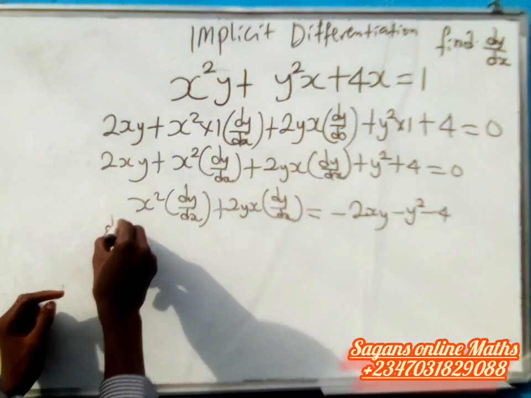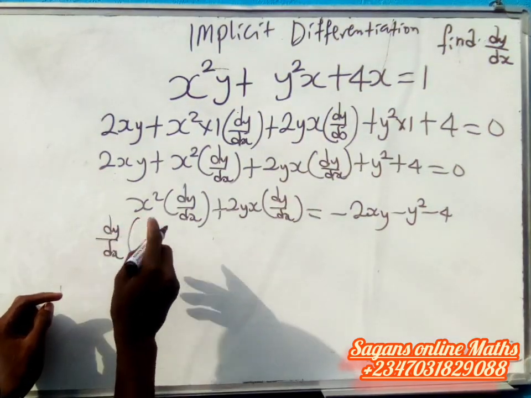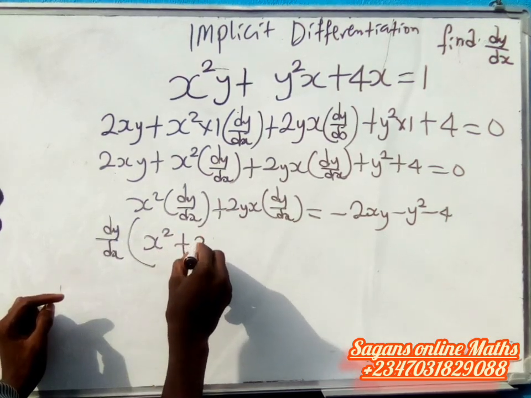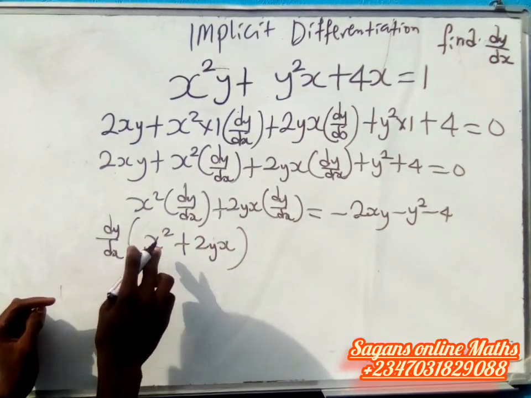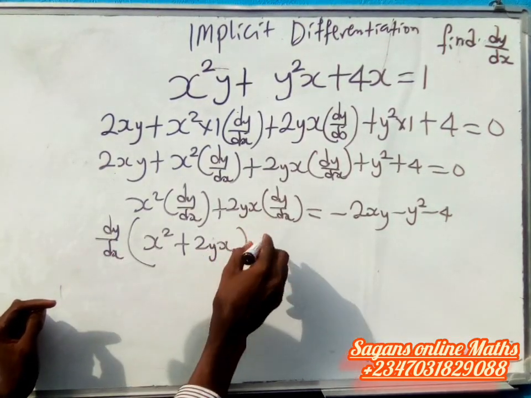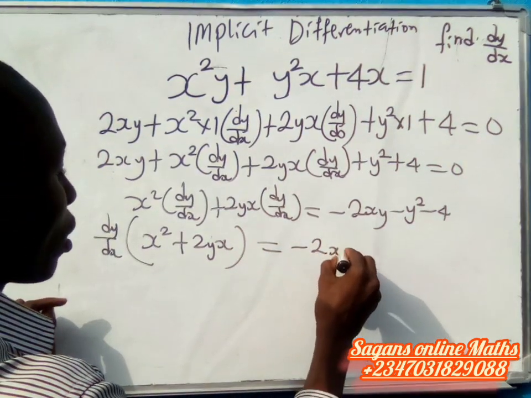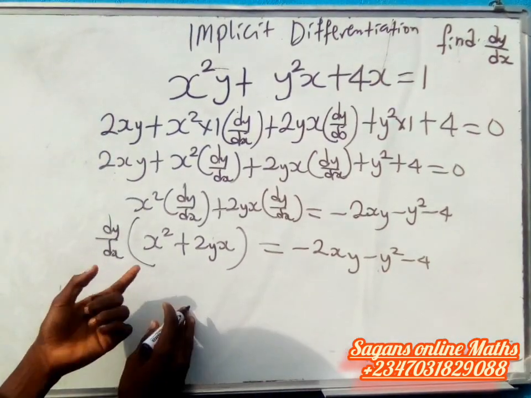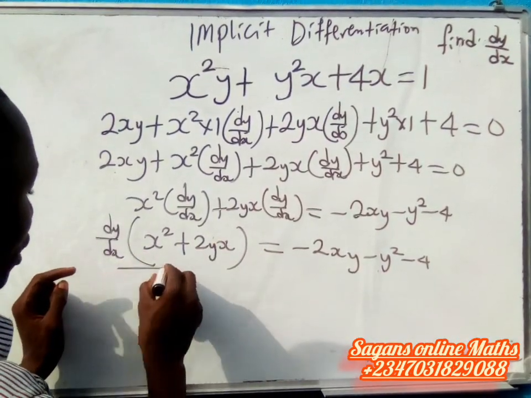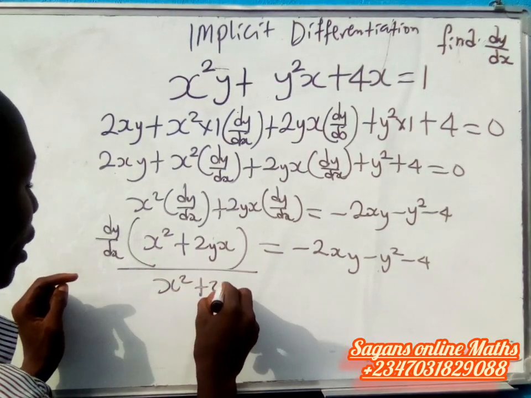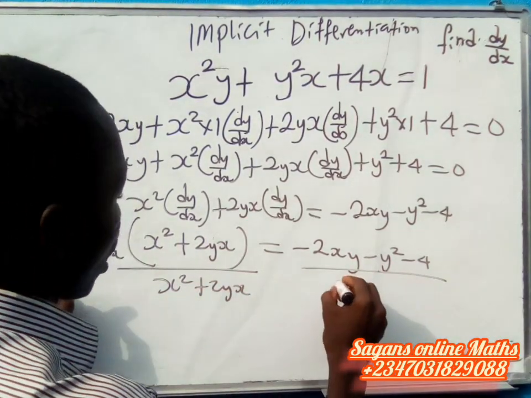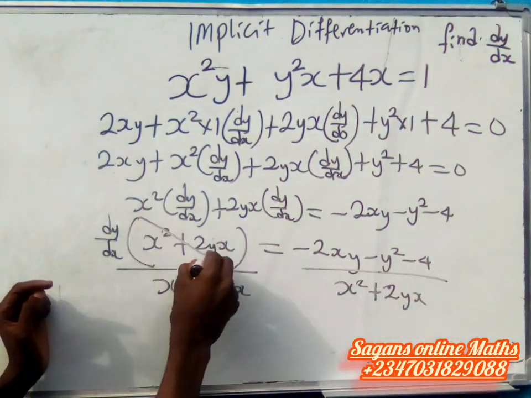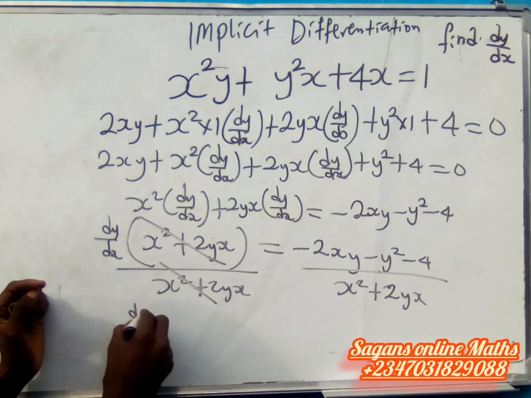So dy over dx is common, times x squared, plus 2yx, because this multiplied by this gives this, and this multiplied by this gives this, equals minus 2xy minus y squared minus 4. Now for me to have dy over dx alone, I have to divide both sides by x squared plus 2yx. You can see that this will cancel out this, so that dy over dx